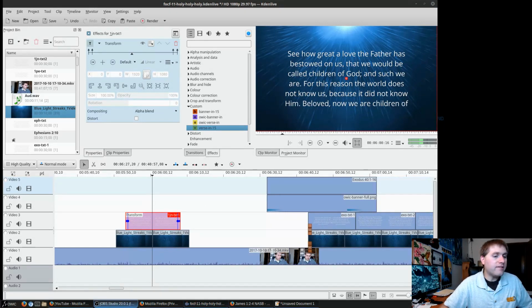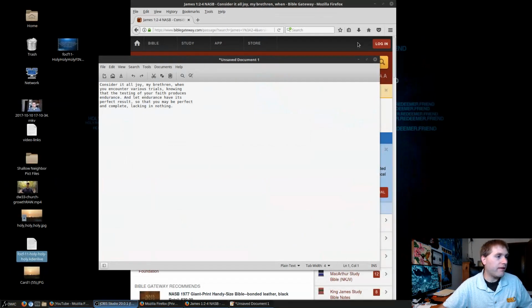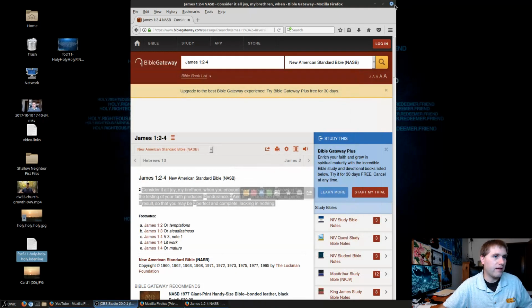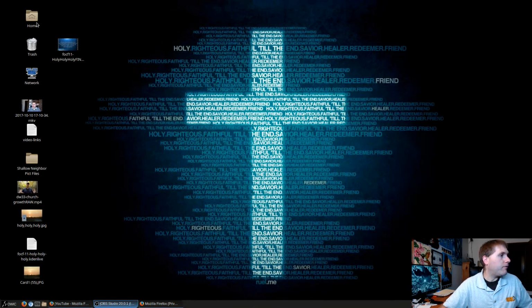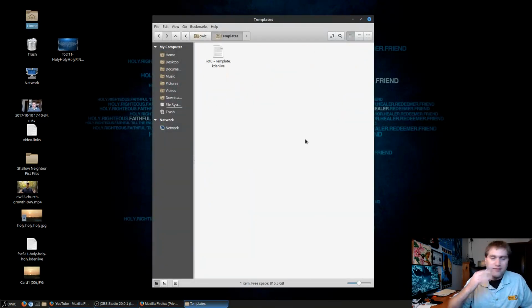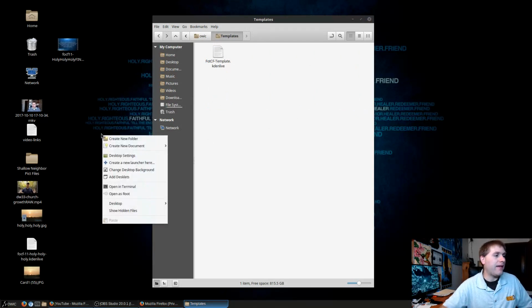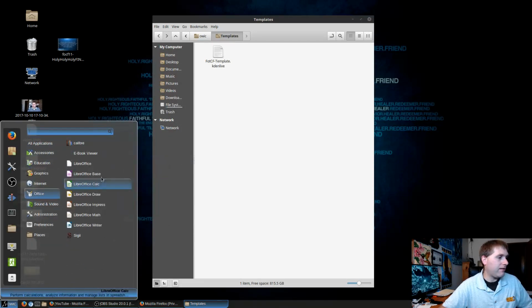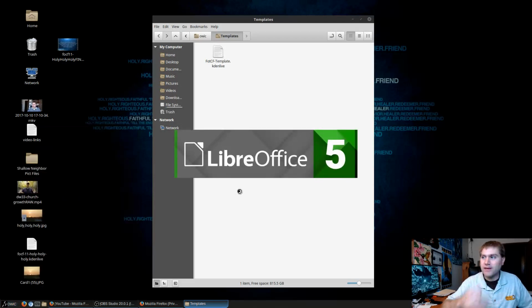Okay, so next let's talk about templates. So inside, and some people don't actually know about this, hopefully most people do, but now close without saving and close that. If you go into your home folder, you will have a folder here called templates, and anything you drop in here is going to create a copy of that file under your new documents menu. So if I come over here, if I want to, for example, create a LibreOffice document here,